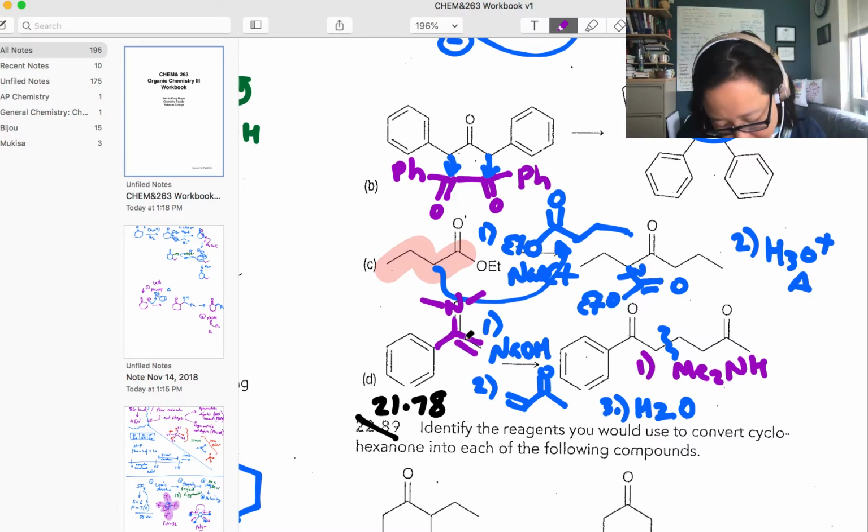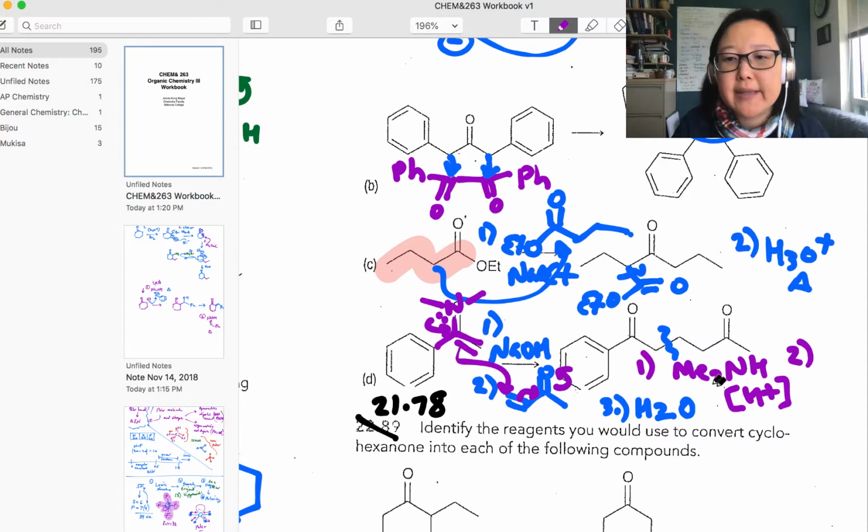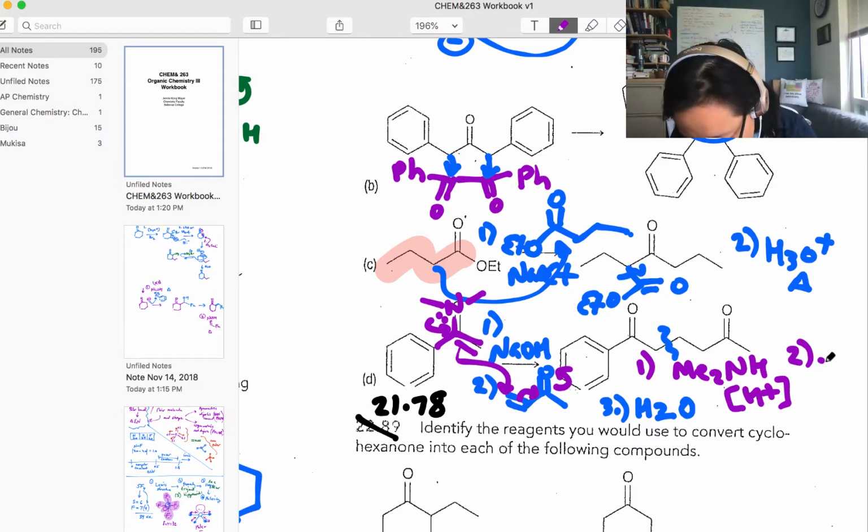And then this nitrogen has a lone pair that would come down, attack here, and we make the enolate that way. And then that's how the addition works. And notice we're using this instead of NaOH. So we would make the enamine by using these reagents, and then I'd add this alpha beta unsaturated enone, okay,